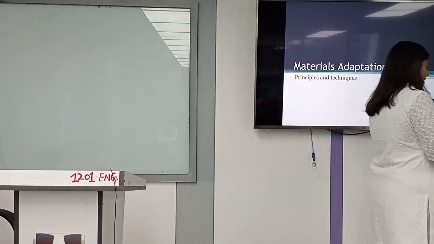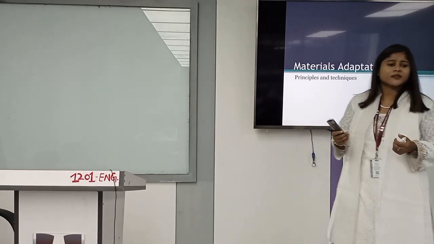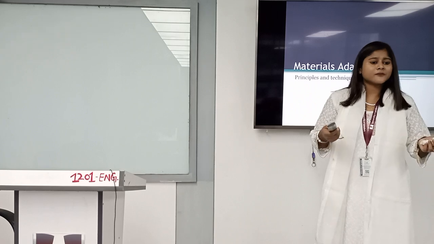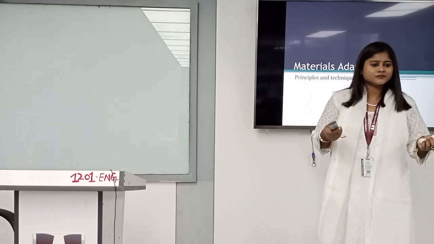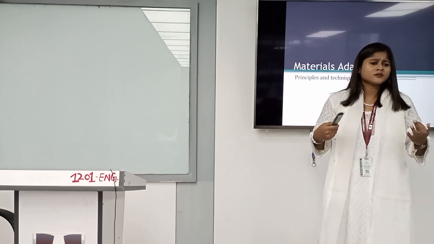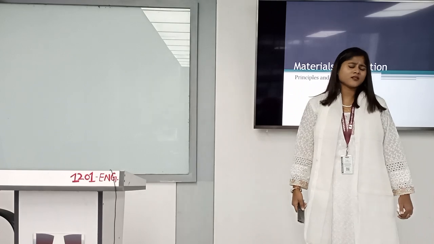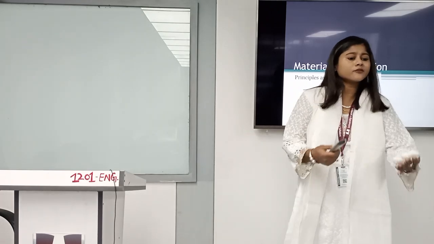So in our last class, we have studied what a material is. Here we have seen there are two basic kinds of material: one is authentic material and another is simulated material. And what is authentic material? It is material that is not made for educational purposes but for real life purposes. Authentic material is something, for example,